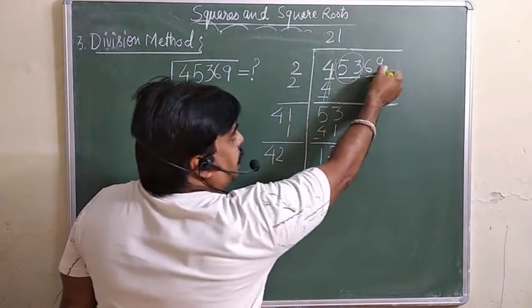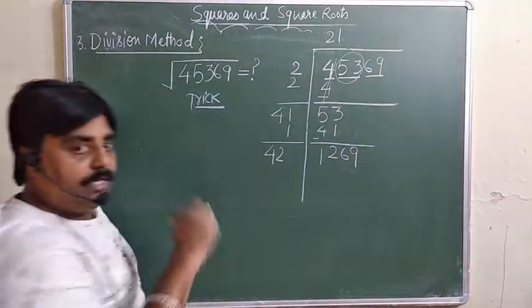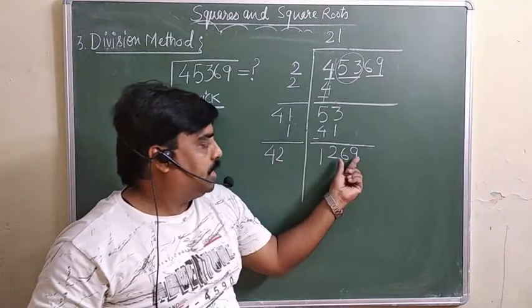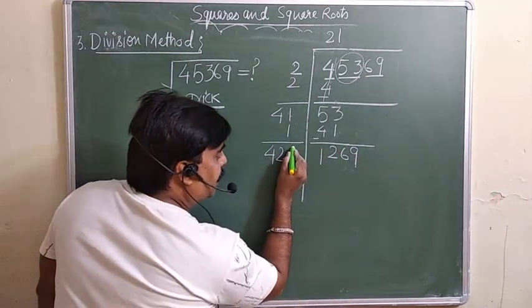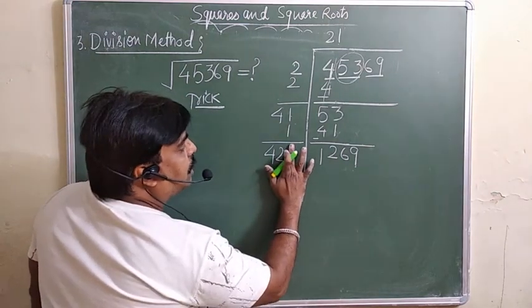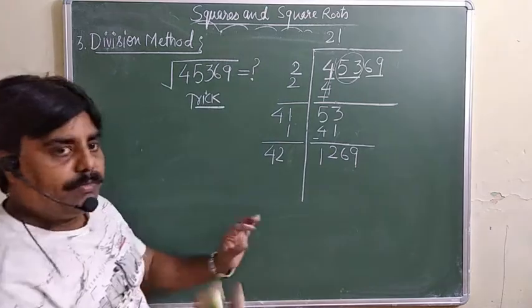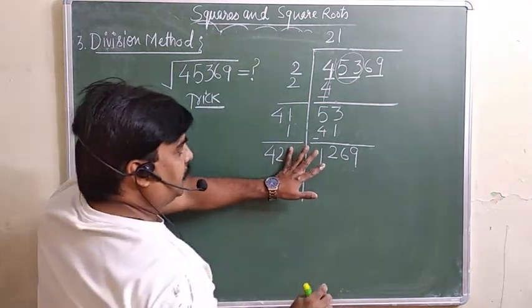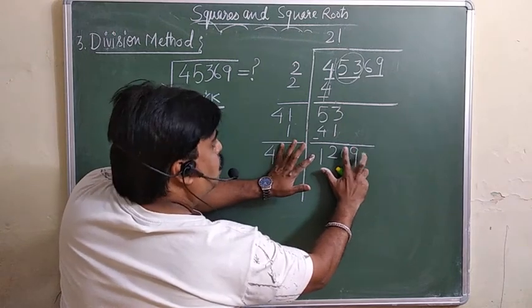We will take down 2 digits, always 2 digits. 69. We are supposed to take down, हमेशा 2 digit take down करते हैं. Same method is there again. यहाँ कोई एक digit आएगा. Here any one digit will come. And how do we come to know कि वो digit क्या होगा? उसके लिए there is a trick. For the coming digit, उस coming digit के लिए इसको छुपा दीजिए 1 digit. फिर next digit के लिए 1 more digit छुपाइए.